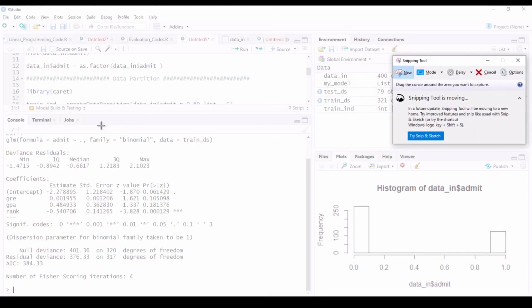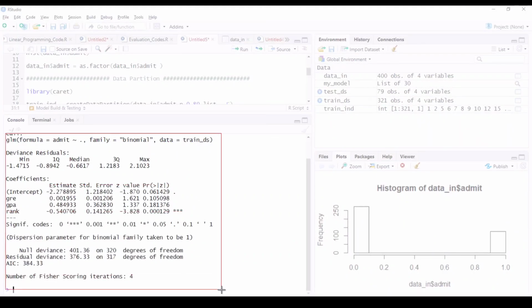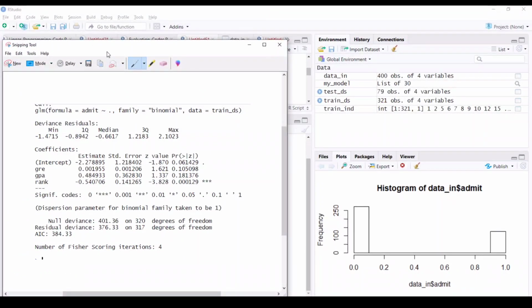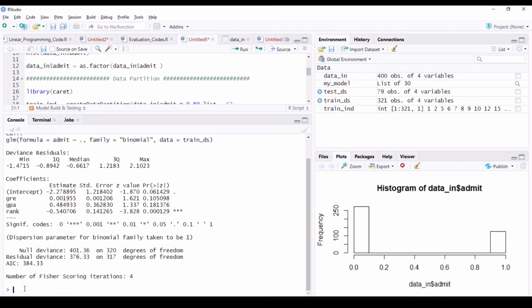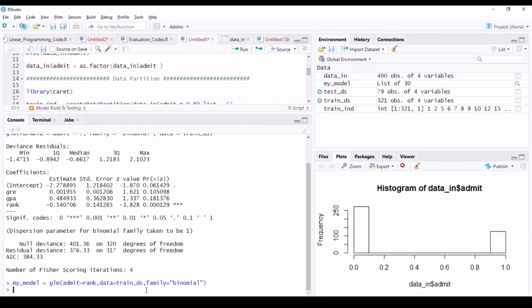Let me just snip this out to show you what we had before. This is what we're going to have pretty soon. So this time I'm only going to include admit based on my rank. When I run this, and then run my summary on my model, let's see if the Akaike information criterion and my deviances